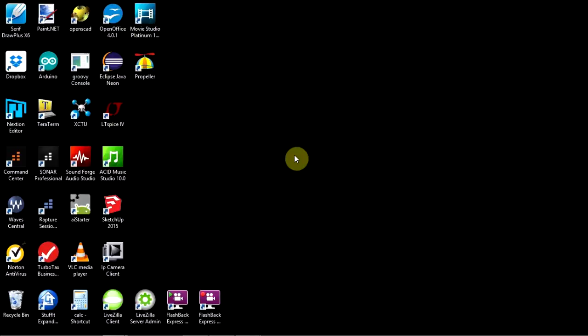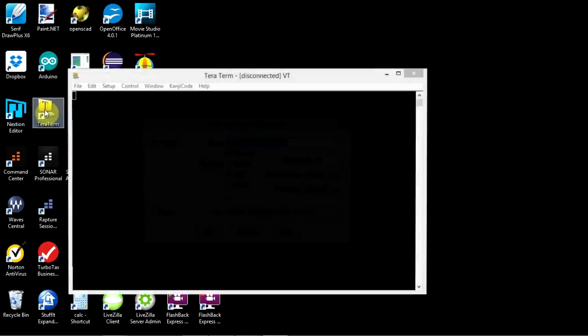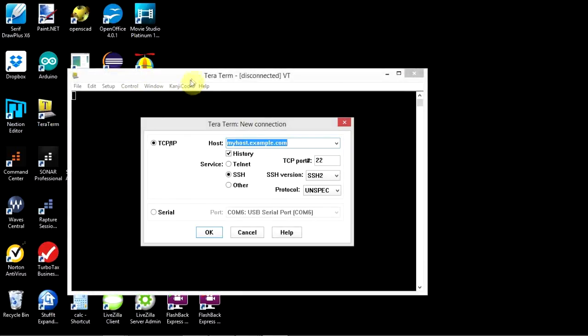Okay, so TeraTerm is the communication software I'm going to use. Now, we've already used XCTU, or you should have already used XCTU to set up your configure your modules, channel, destination address. So now we're going to launch TeraTerm,